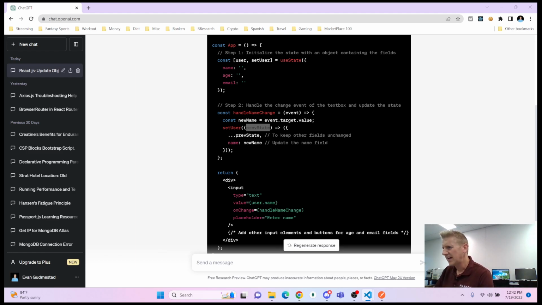And so ultimately, I think it's going to be okay if we do this, question mark. So maybe we'll copy and paste that and say last name txt, last name txt, last name, and we'll say edit last name. So we'll make a function edit last name, takes the event object, const new name,